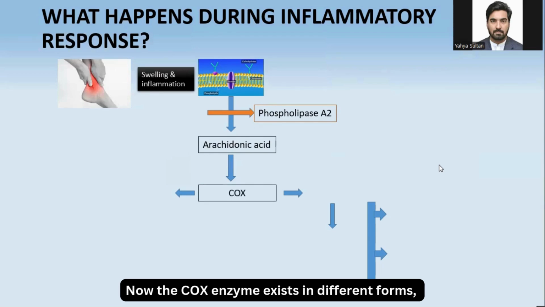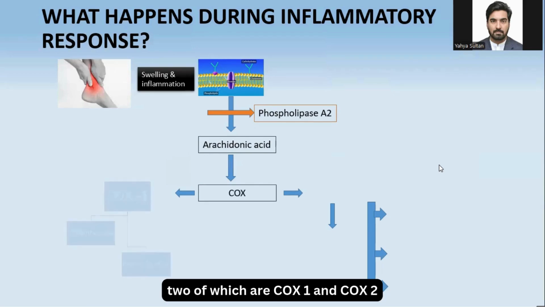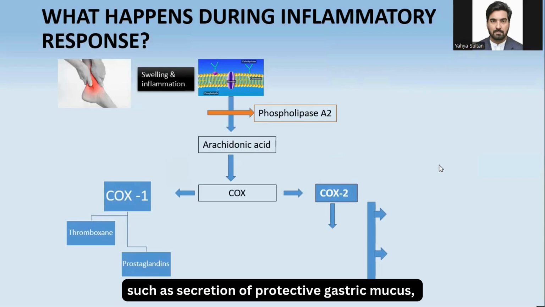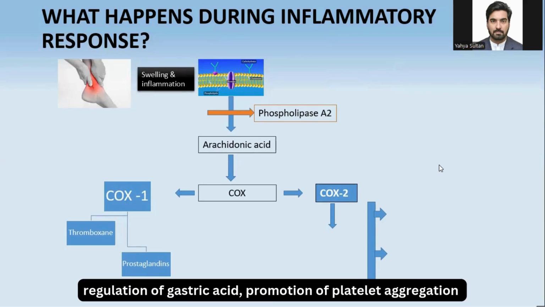Now, the COX enzyme exists in different forms, two of which are COX-1 and COX-2. COX-1 isoform is expressed constantly throughout the body and it's primarily responsible for production of thromboxane and prostaglandins, which stimulate normal body functions such as secretion of protective gastric mucus, regulation of gastric acid, promotion of platelet aggregation, and maintenance